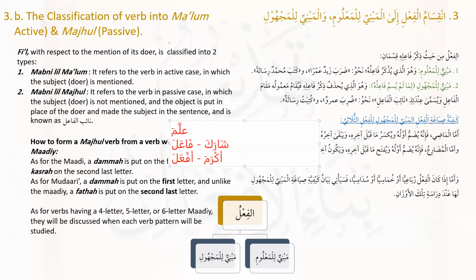طيب, now these are the رباعي. Each of these three verbs has four letters in their ماضي state. And their root letters are three, but they have some additional letter. For علم, the additional letter was the lam itself. In فاعل, you had an alif, and in أفعل, you have a hamza.